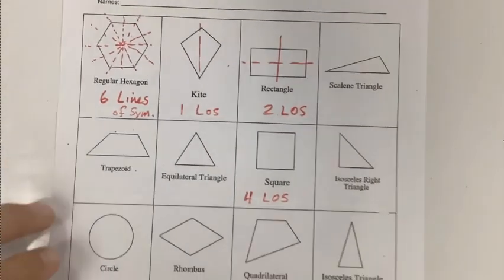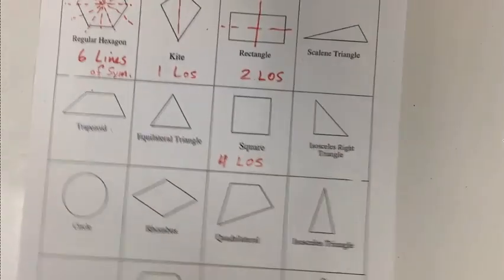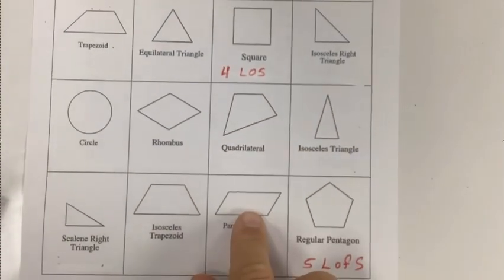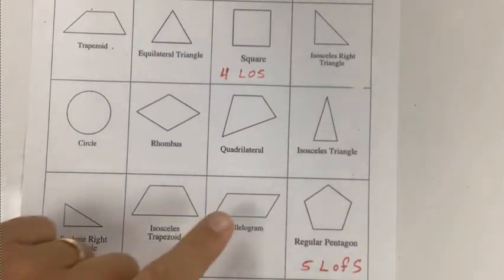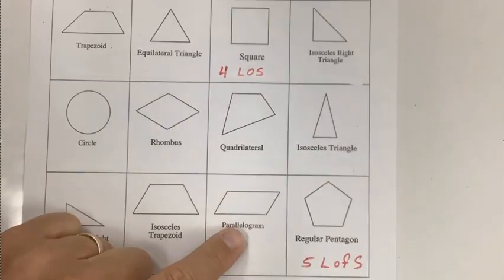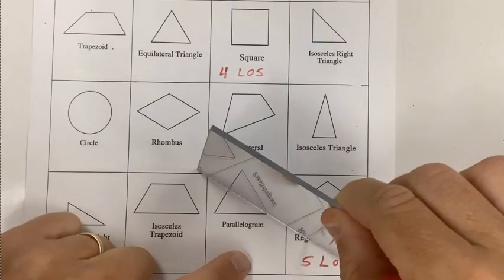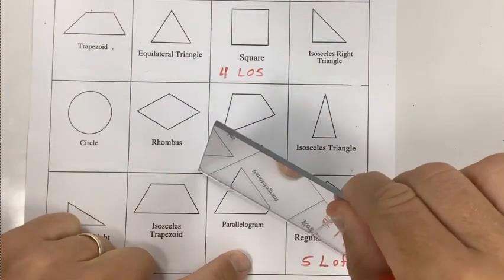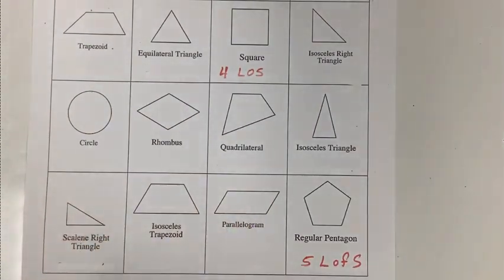Other things to note, the parallelogram is one that might look like it has symmetry as well. That's a typical one that students would say, hey, does that have lines of symmetry? And you can put a mirror here, but you don't see a parallelogram. You can try putting it diagonally. You get like an arrowhead. Not going to work. So there's nothing you can do on a parallelogram for lines of symmetry that are going